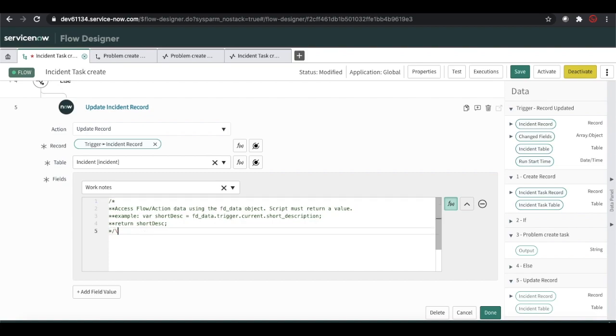Like I can put something like this here. I have to do something like return. So this is the incident short description. Current dot short description is nothing but the incident short description. So I can put something like that.